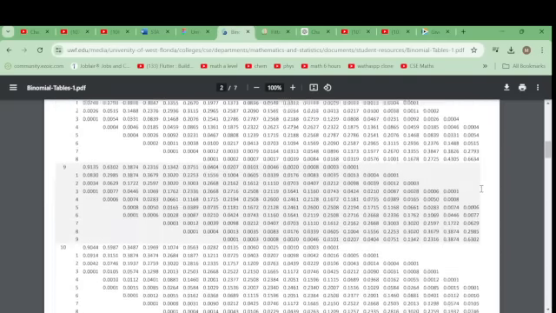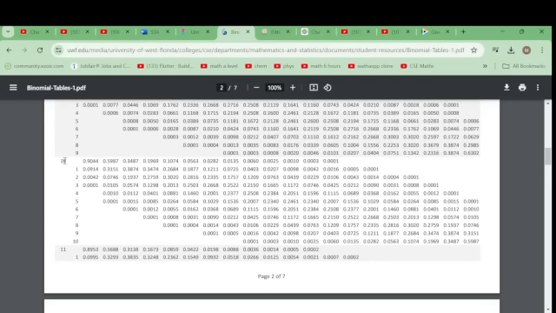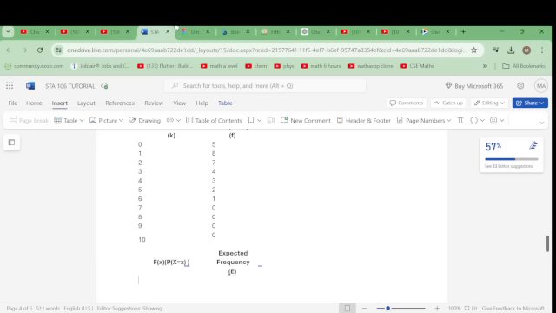You see, our n is what? 10. So this is where n is equal to 10. So we will come to this page. So when the n is 10,